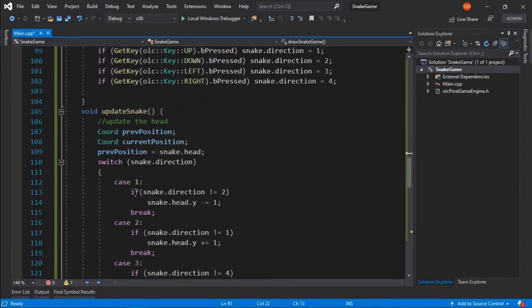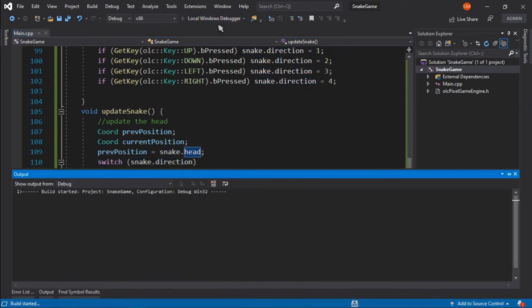Another problem is that this thing is not working as intended, but we can always check this a little bit later. Let's first have the score.